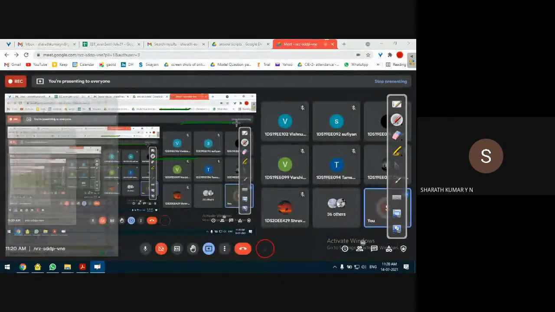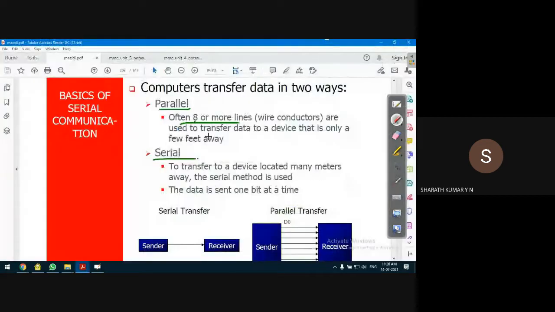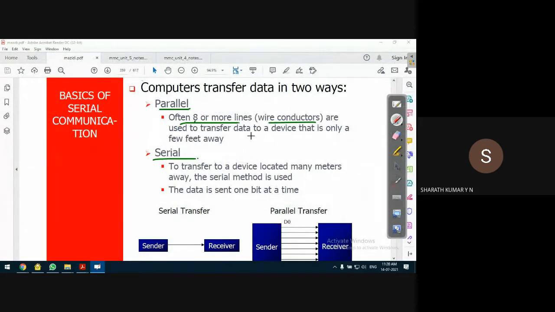If the data is 8-bit, it will have 8 parallel lines. These are connecting wires to transfer the data to a device as well as to receive the data. It is suitable for short distance communication. For example, let us say LAN connection, or within a CPU.